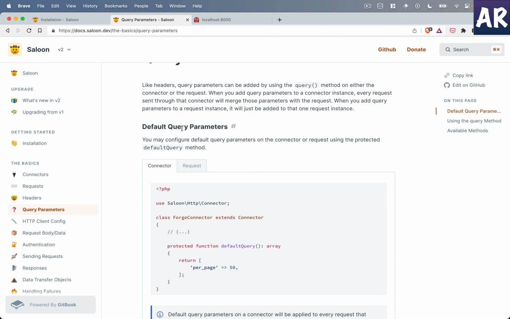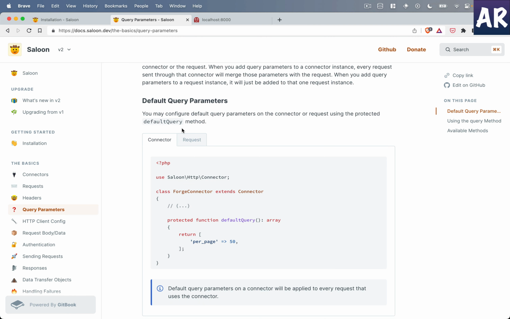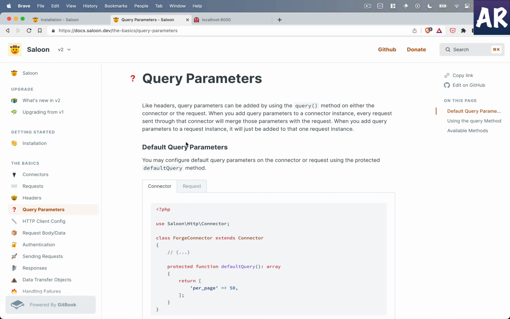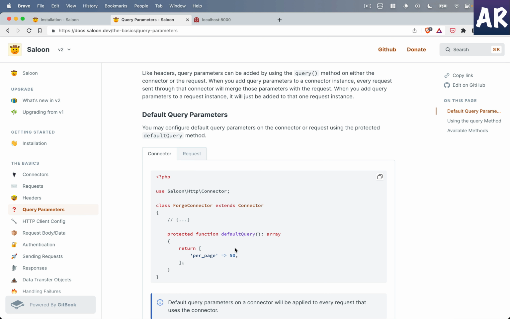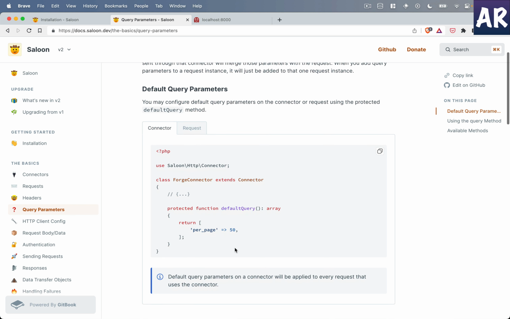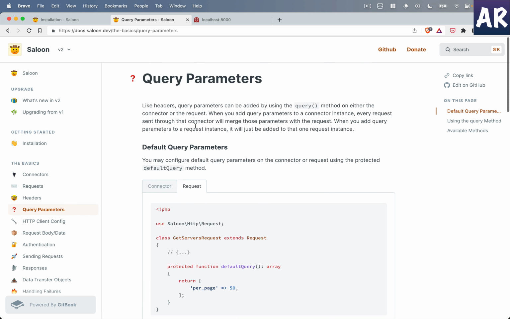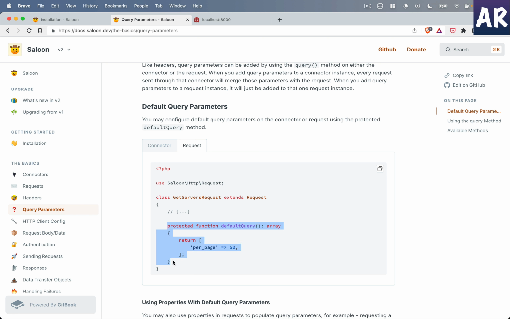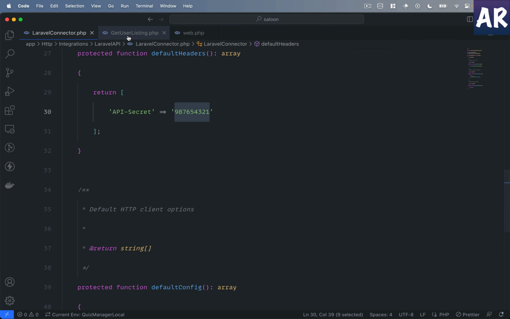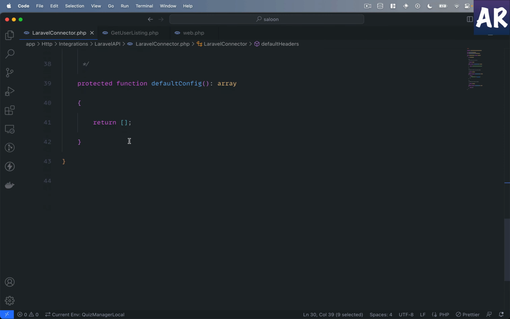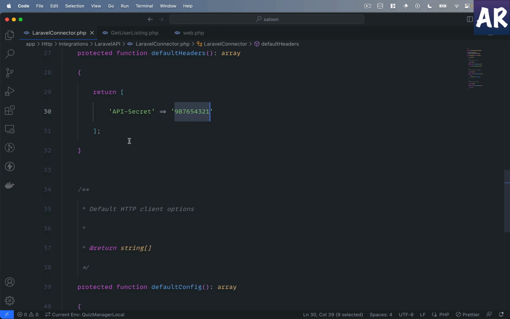In the previous videos we have already seen how we can send query parameters, but just so that everyone is aware of it and as per the flow, I will just quickly walk you through how things are done. So in any connector or request, we have the ability to pass default query parameters, and as the documentation says, this is quite easy. I just need to add this method to a request class or a connector. So if I put that inside the connector